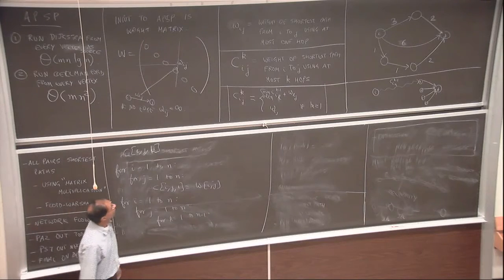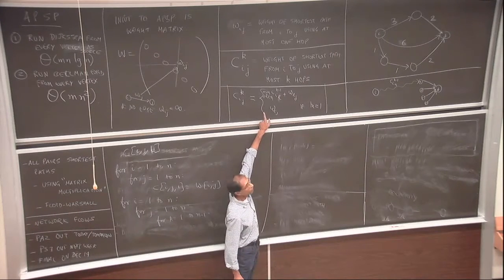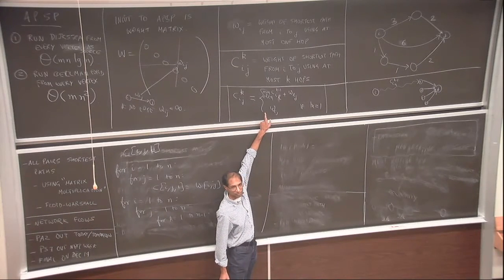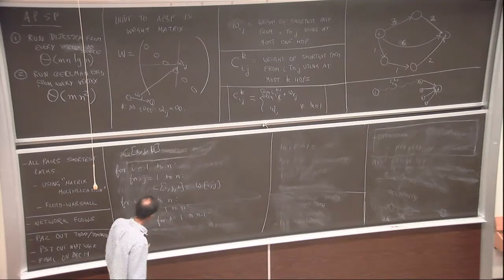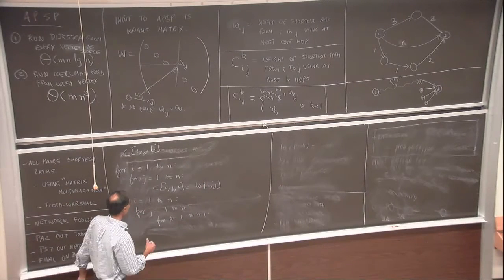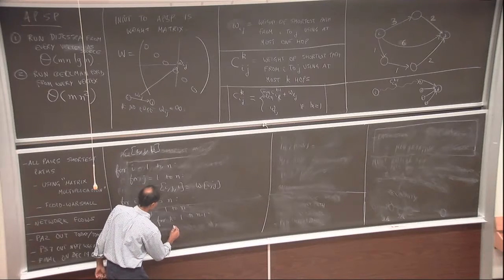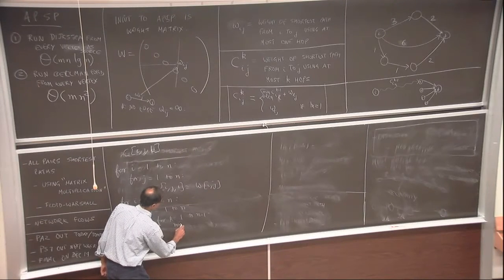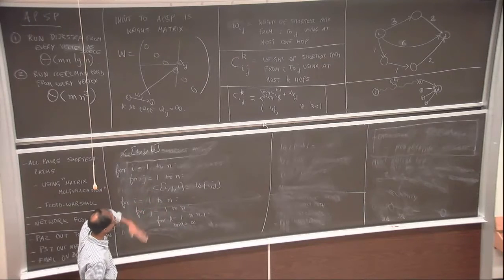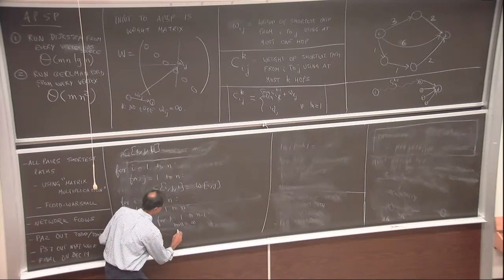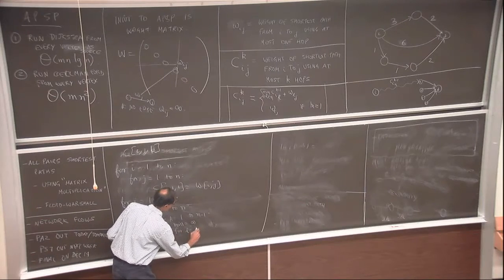Okay, what do I need? Now I need to take the minimum over all L. So I need another loop, right? For L going from 1 to n, and then I have to pick the minimum. Let me try to expand that. Initially, I keep track of this thing called min, and I set that min to infinity because I'm going to bring it down. So for L equals 1 to n,